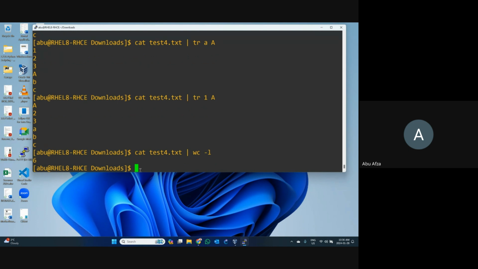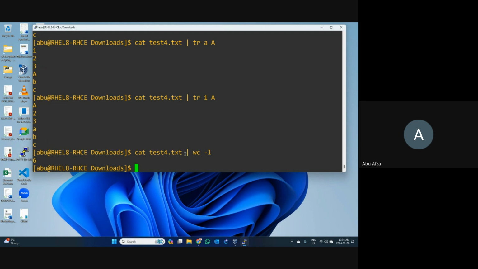So sometimes we need to know how many lines are in our file. In your Word document or when you are doing any programming, everywhere you can see the line count shown. So how does it come?